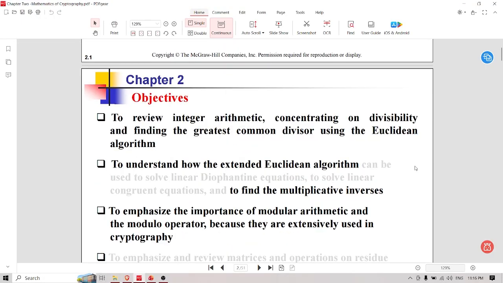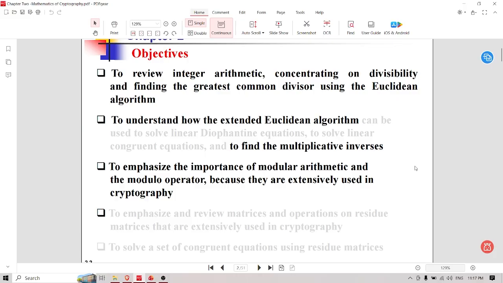Now this chapter 2 objective would be first to review integer arithmetics, then concentrating on divisibility and finding the greatest common divisor using Euclidean algorithm. Then our second objective would be to understand how the extended Euclidean algorithm works, first of all, and then we will use it to find the multiplicative inverses. Third one would be to emphasize the importance of modular arithmetic and the modular operator because they are extensively